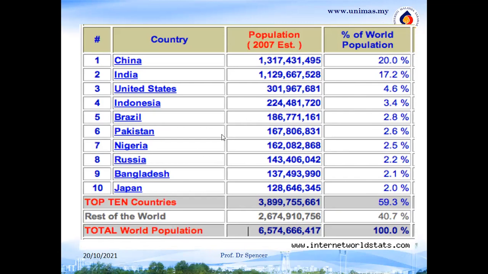Okay, this is just some data to share with you. For example, this is 2007 lah. Sekarang ni mungkin dah berubah ya. China, the biggest country in terms of population size. About 20% of the world populations are living in China. Then second is India. India, according to some demographers, they predicted that India will overtake China soon in terms of the population size. Okay, so these are examples of countries with high population. All right.